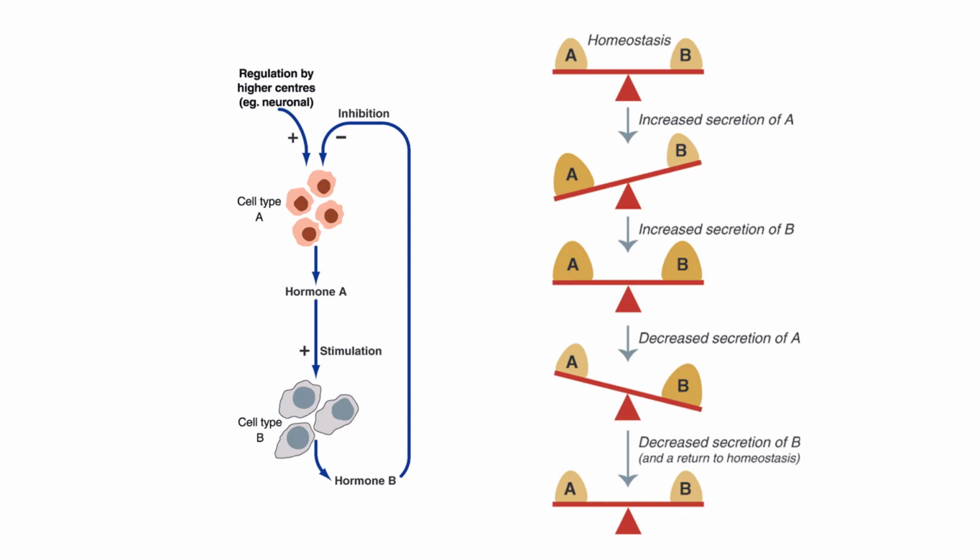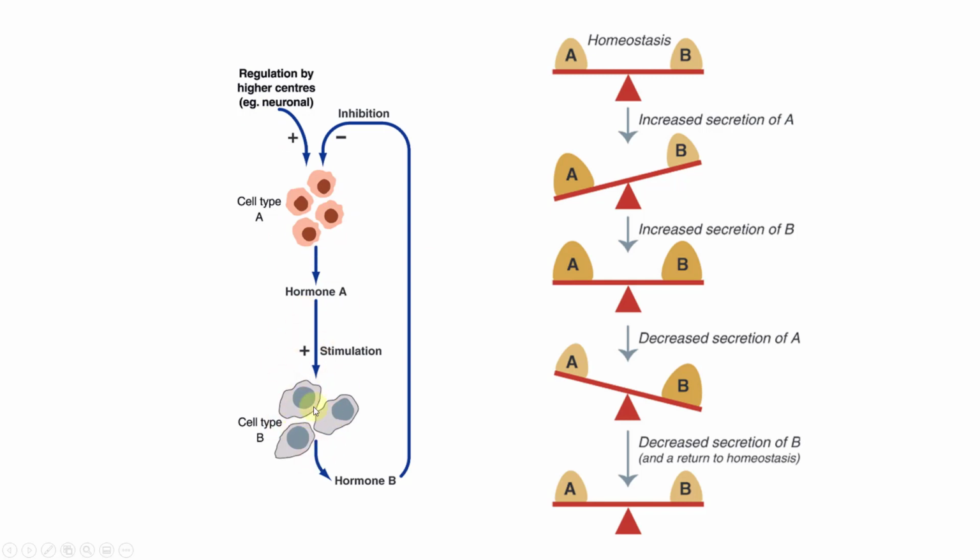Your body then secretes B, and it might be like a balancing act back and forth. It might release some of B to get back to A to balance, and it might be too much, and it's just kind of back and forth, back and forth. And the image on the left here kind of shows that cycle, that there's some response by the higher centers, monitoring the stress response, homeostasis. It says we're out of balance, and so it's going to stimulate hormone A to bring that into balance.